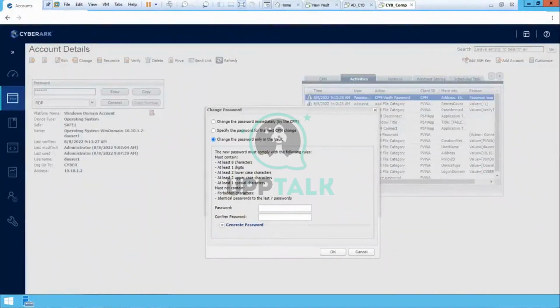You need to update the password in the target as well. You need to take help of that application team and ask them to update the password for this particular account in the target. Then only the password agent sync is valid. After changing the password here, in the next session login,